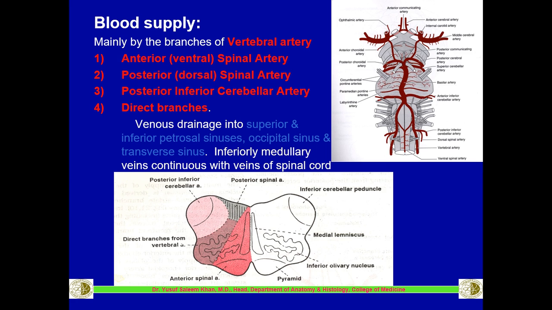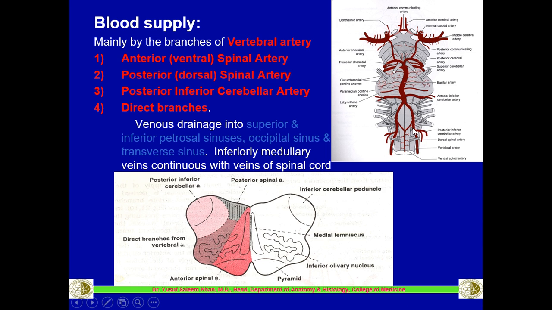The venous drainage is into the superior as well as inferior petrosal sinus, occipital sinus, as well as the transverse sinus. The inferior medullary veins continue with the veins of the spinal cord. Okay, so this is about the blood supply of the